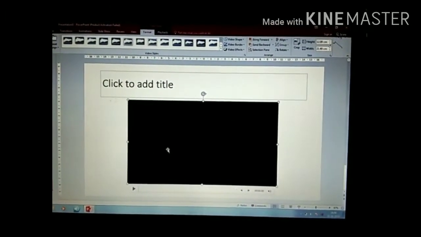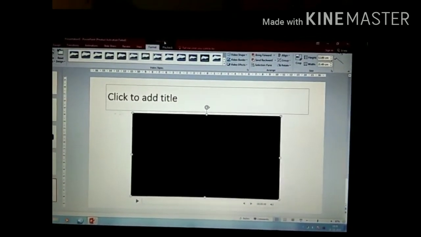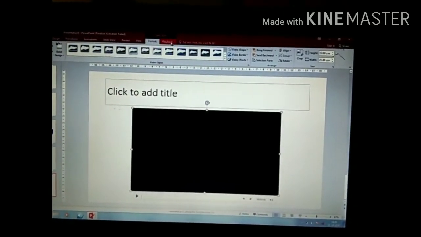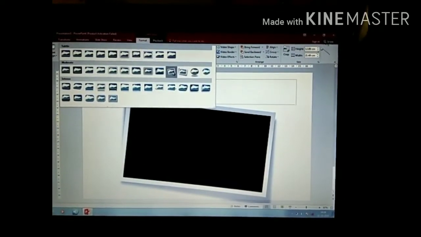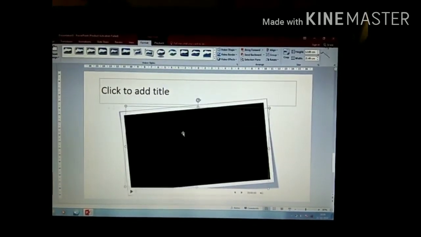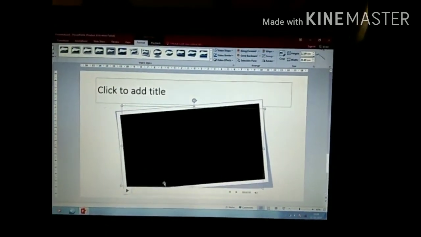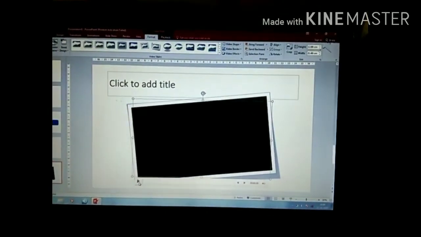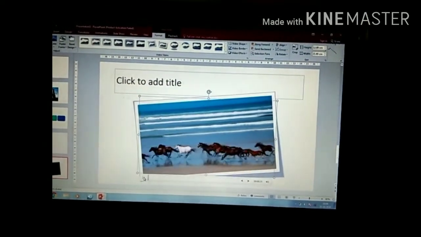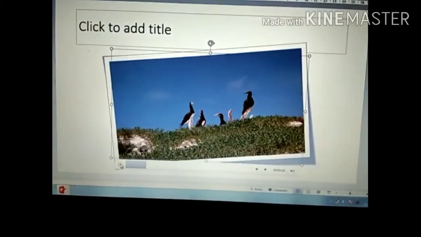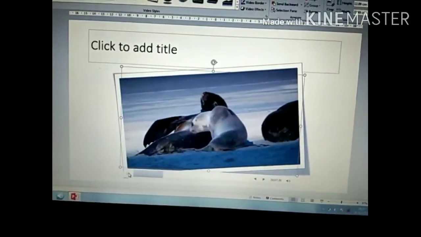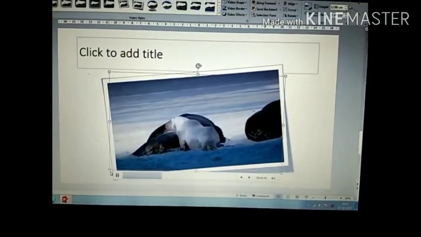And just as when working with audio, above you will get the video tools, which contain the format tab and the playback option. And here the video styles are there. So you can also change the style of the videos depending on your requirement. For example, I want this one, so I will select it, and when you click on the play option, you can play the video also. So like this it will play the videos, and you can change the video screen size using this hollow round shape.